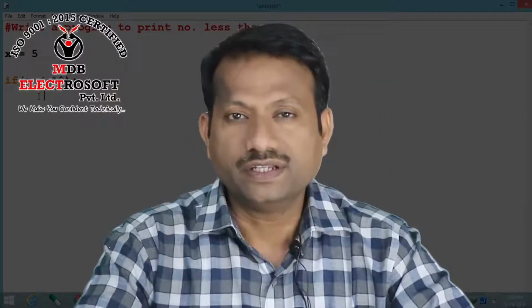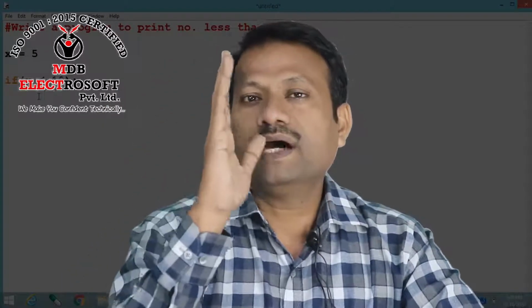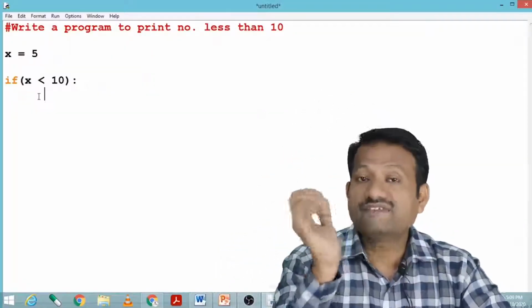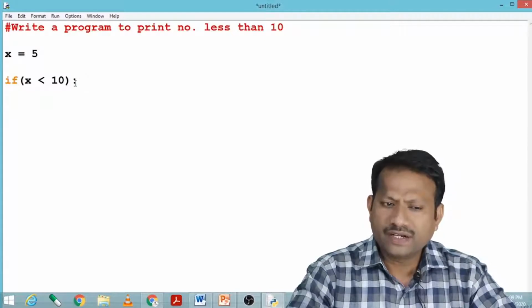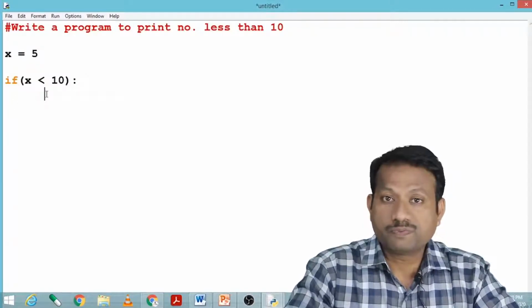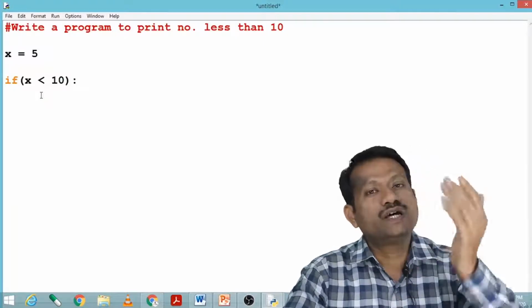But in Python, that existence is indicated with the help of indentation. Indentation means proper alignment, by leaving particular space from the left side. Here we have to give one tab. The moment I press enter here, I get one tab space. If that tab space is missed, it will give us an error.